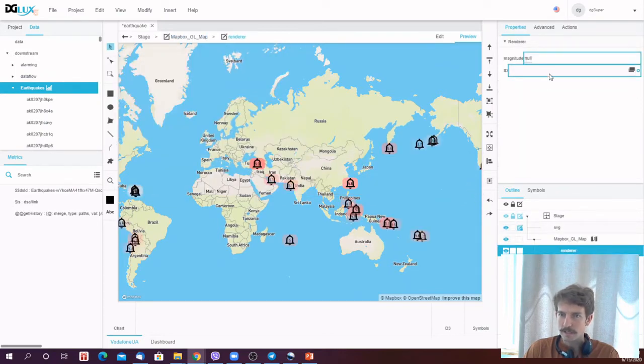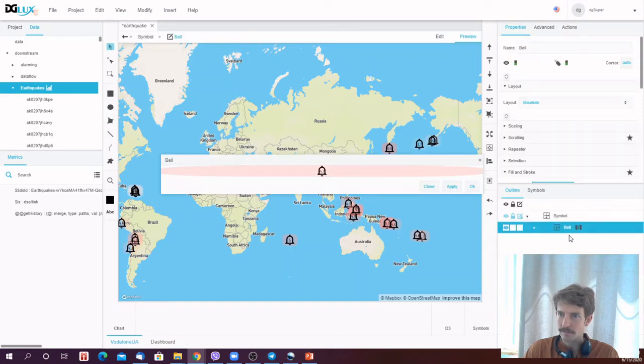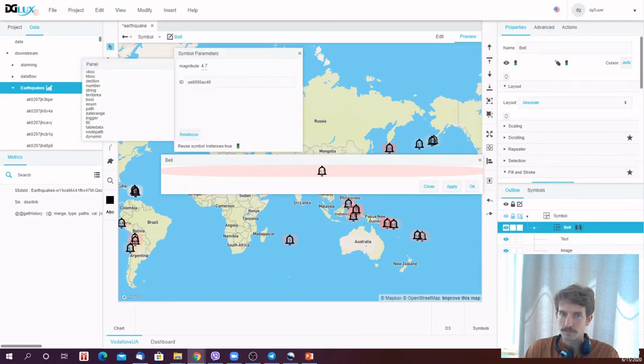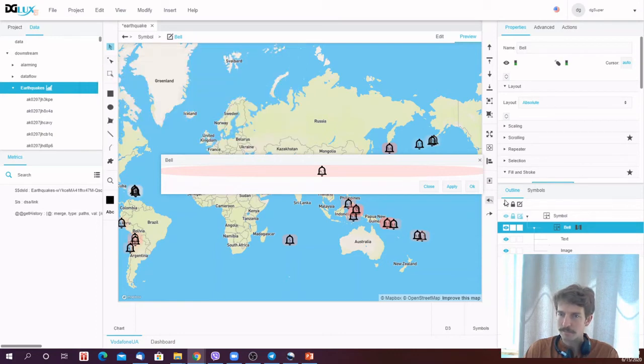Okay, it's already connected automatically. So now I'm going at the symbol level. So I have my symbol. I'm checking just the property to see, yes, the ID is brought here. Well, and so the next thing I'm going to do, I'm going to create a small